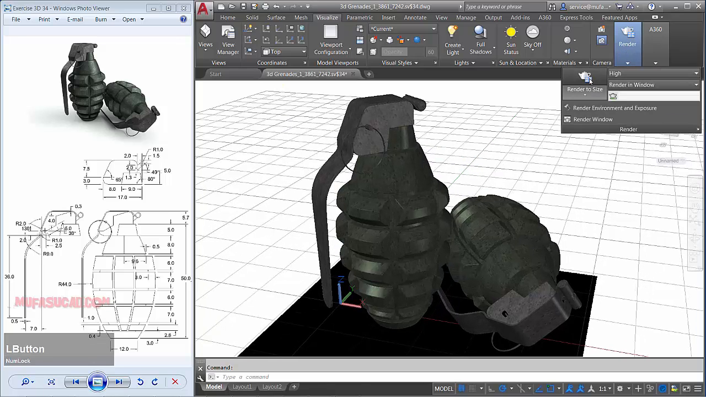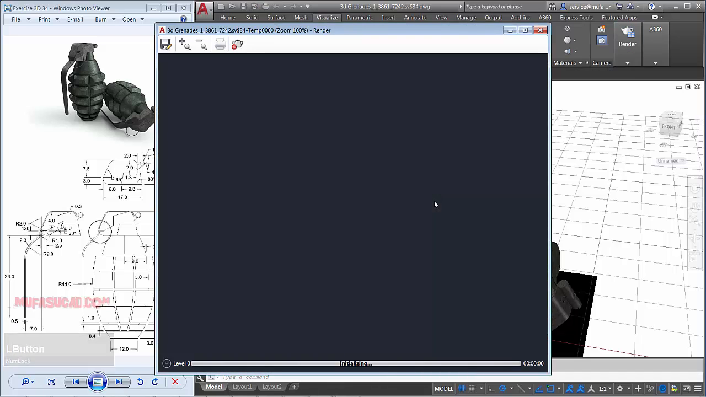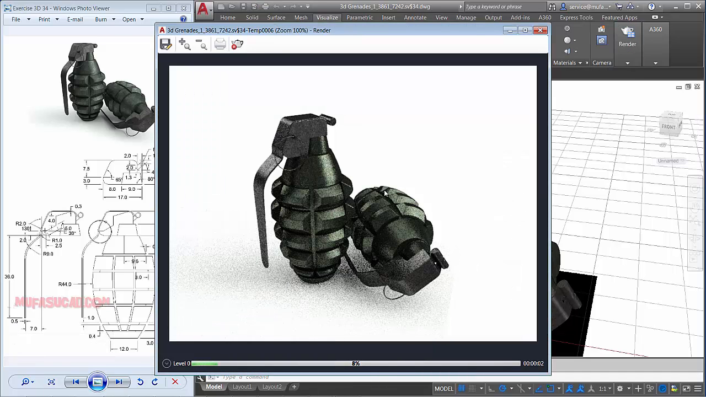You can click here. Okay, waiting for rendering. We waiting for the rendering process until finish. Okay, we finished the rendering process, and I think it's enough today for AutoCAD 3D modeling